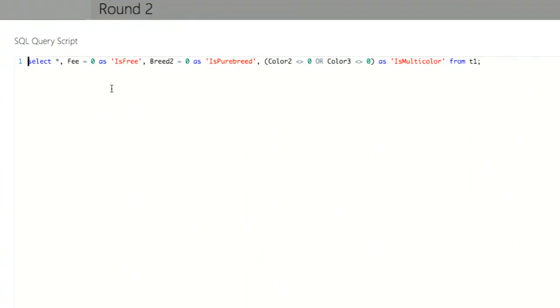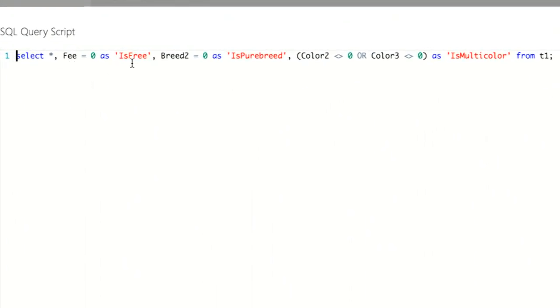So in my case, I wanted to add a new column called is free if the fee was 0. And I also wanted to add a new column is pure breed, because to me that's an important feature, if breed 2 is 0. Or is multicolor, if the second and third colors are 0. And I can do this easily with a SQL script.